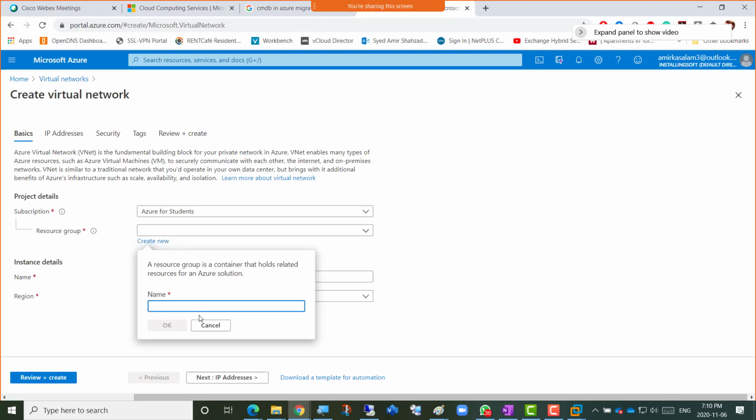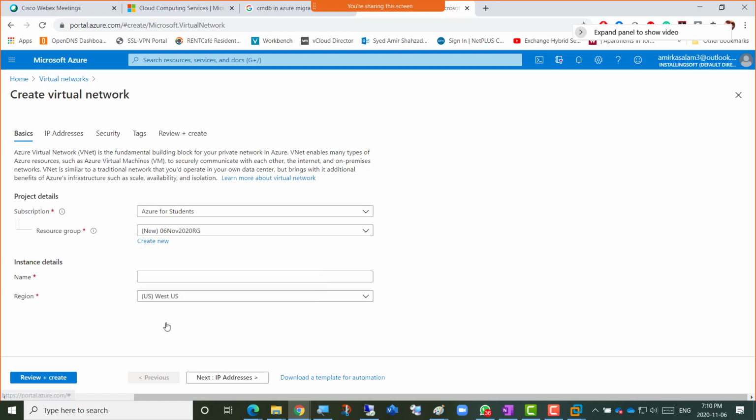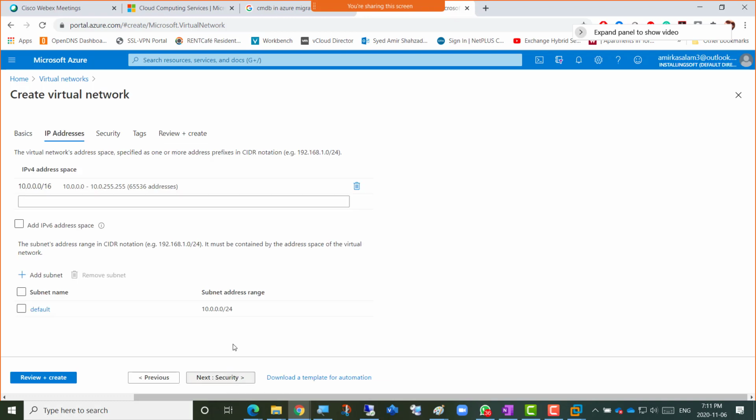Okay, I'll create a new resource group for today, and that would be 06Nov2020 RG. Here, so it's vNet again. So it's your first name dash vNet, whatever you want to give. It's not West US, it's East US, and IP address. In the IP address, yes, it's the default vNet and default subnet as well, and also